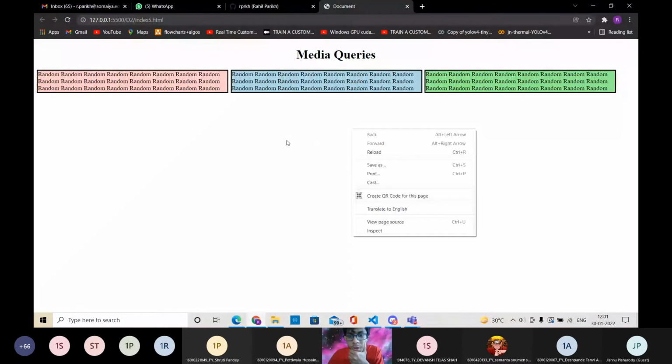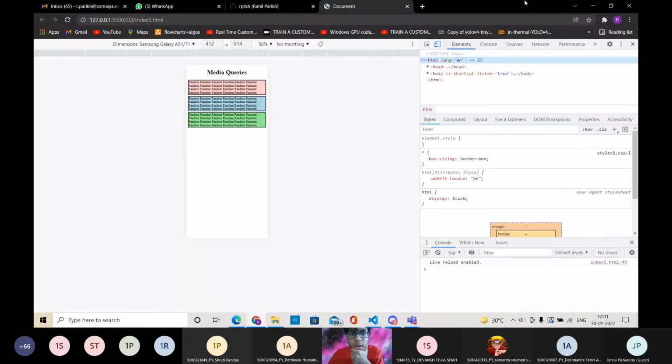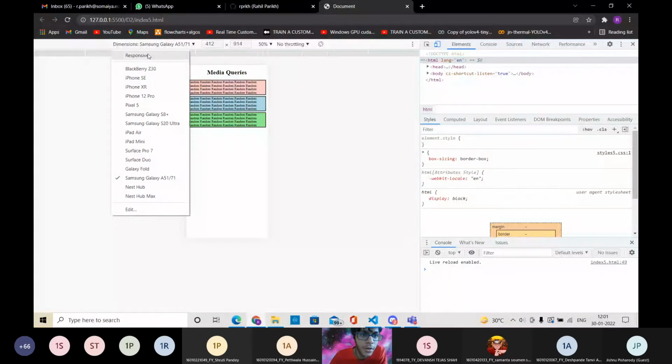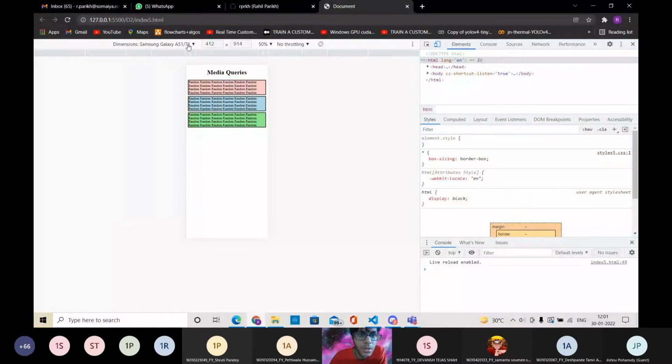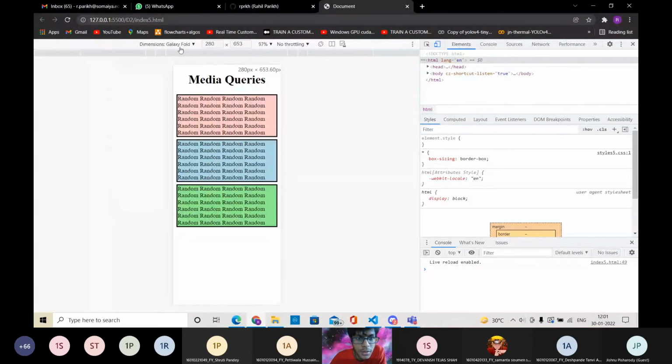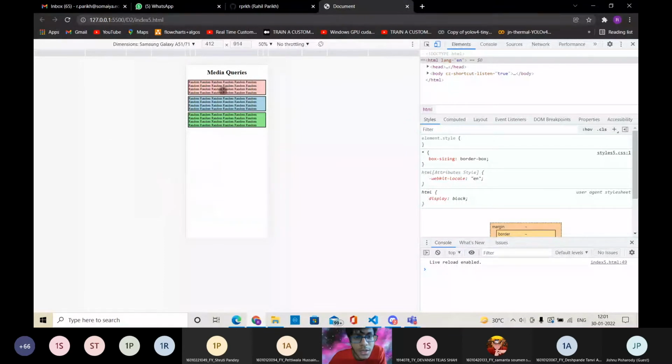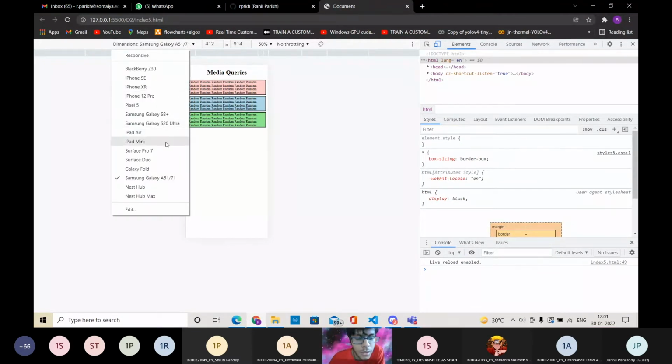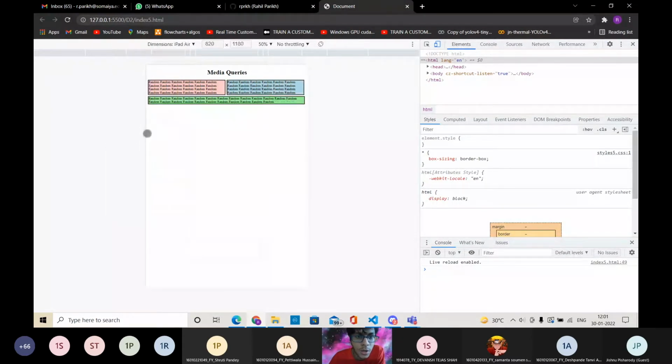And if you right click and click on inspect, you can see there will be different options over here. So you just click on this and say like Samsung or something like that, like say Samsung A51. So I'm looking at this website on a phone. So this is what it will look like if I'm using a phone. Now, if I am using a tablet, let's say iPad Air, this is what it would look like